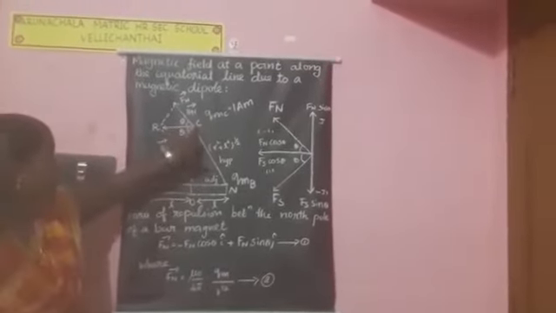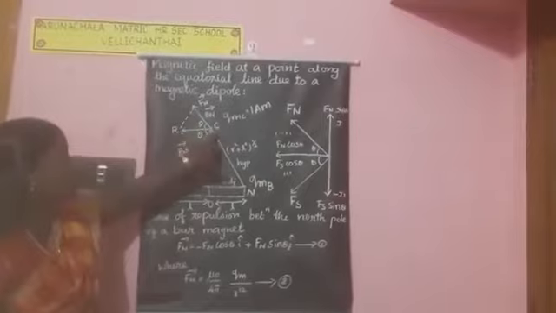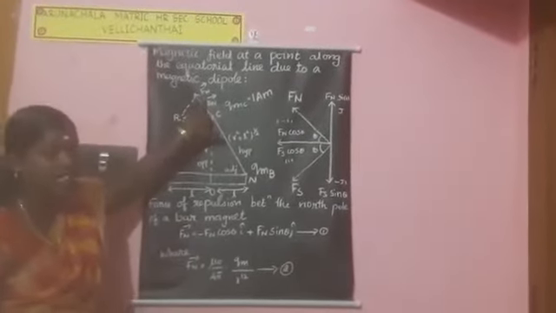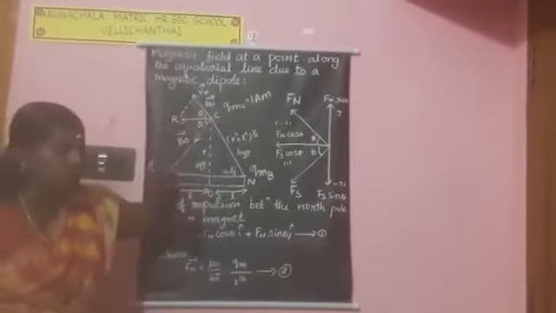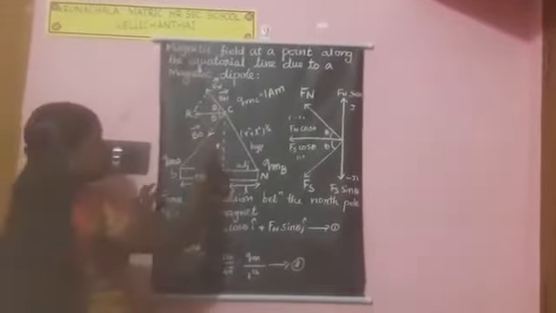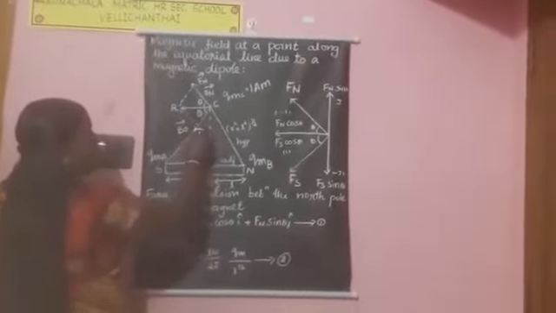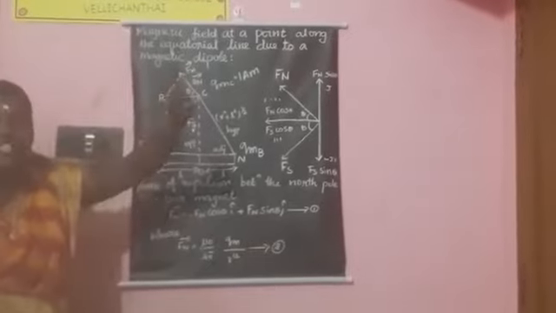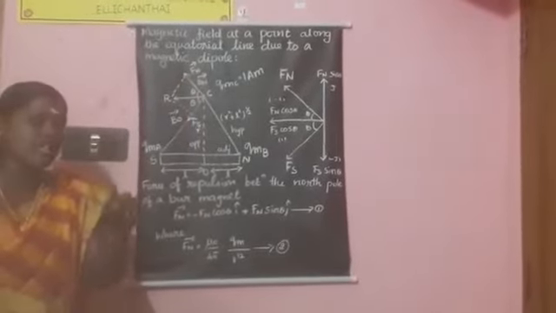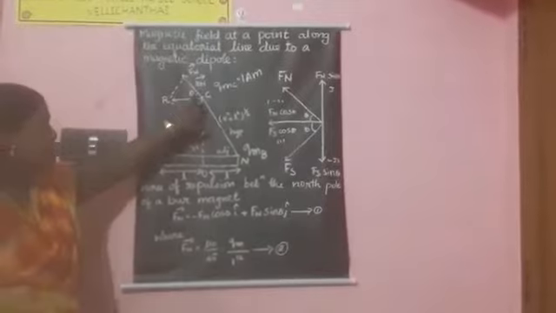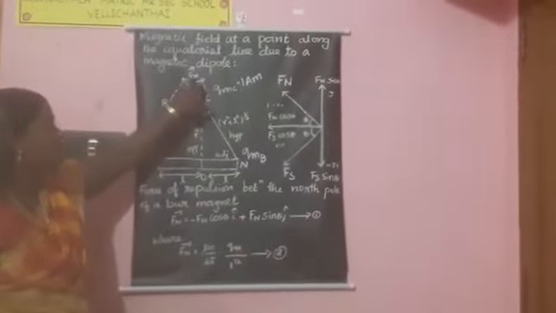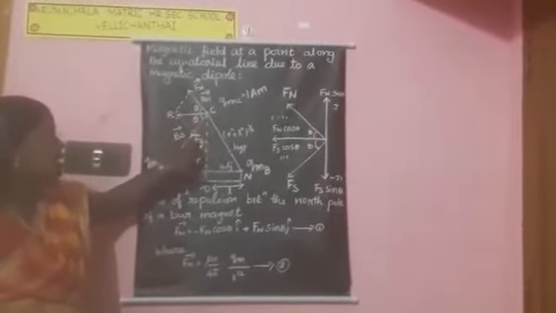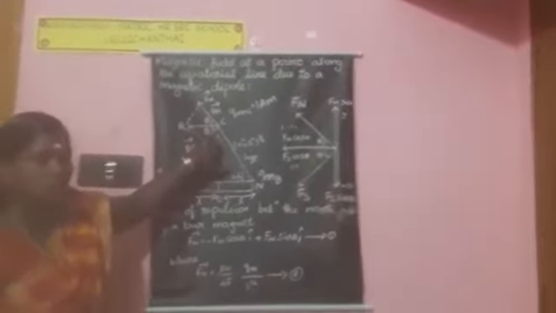We consider one force experienced by the bar magnet, denoted by Fn. What is F? Force. N, north pole. Here another force is Fs. F means force and S is south pole. So two forces are there. Force is a vector quantity. Vector means it has both magnitude and direction. So two angles are there: the angle between Fn vector and R vector, we consider theta, and between R and Fs vector, this angle is also denoted by theta.